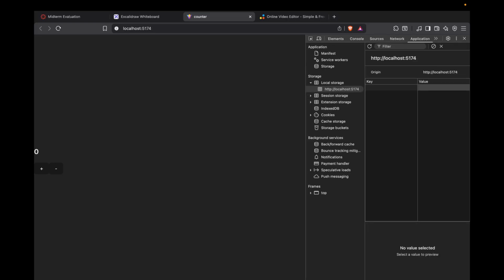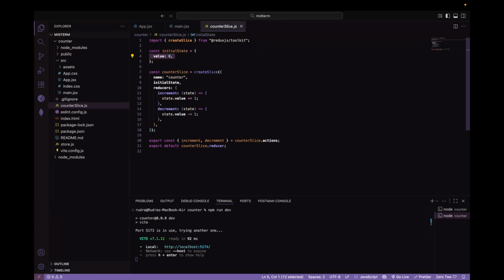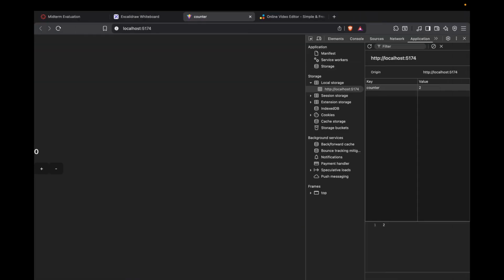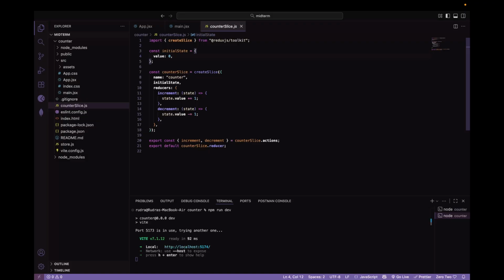So imagine you have something like counter and the value is 2, so I can just fetch that value here. Every time I refresh, I'm just going to fetch that value from local storage and it's going to persist. So that's the beauty of Redux, because if I need this value in the entire application,